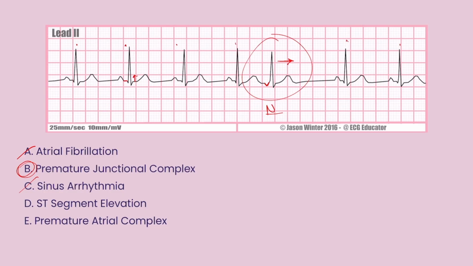We'd expect this to be higher, and it's not. And then premature atrial complex, remember to have an atrial complex, it must have a P wave. And we do not have a distinct P wave. We've got this kind of inversion right into the QRS complex, which is more characteristic of junctional. Alrighty,